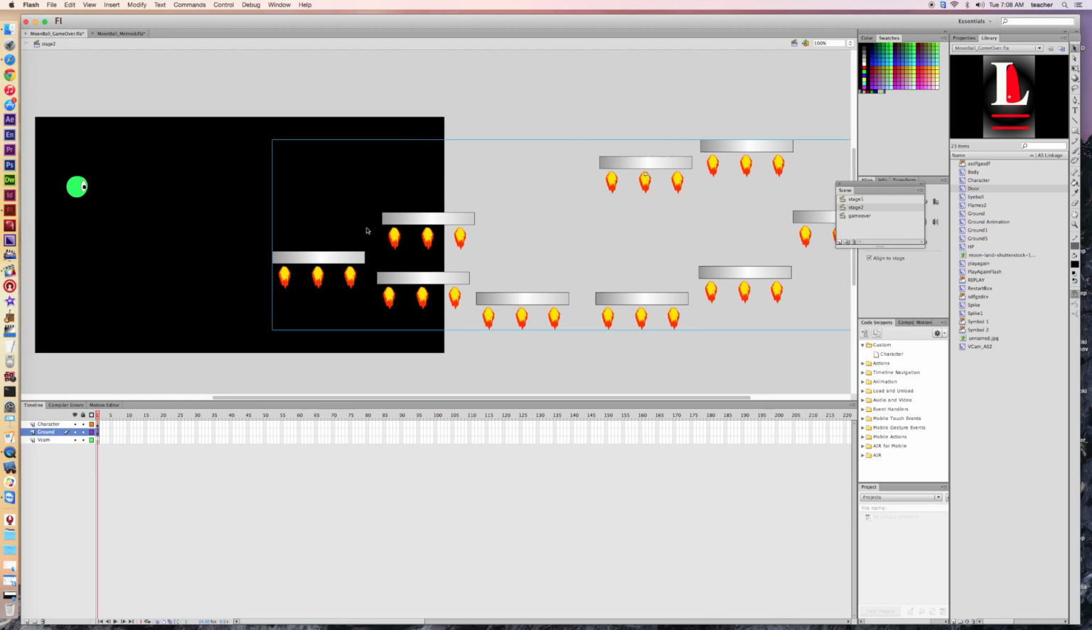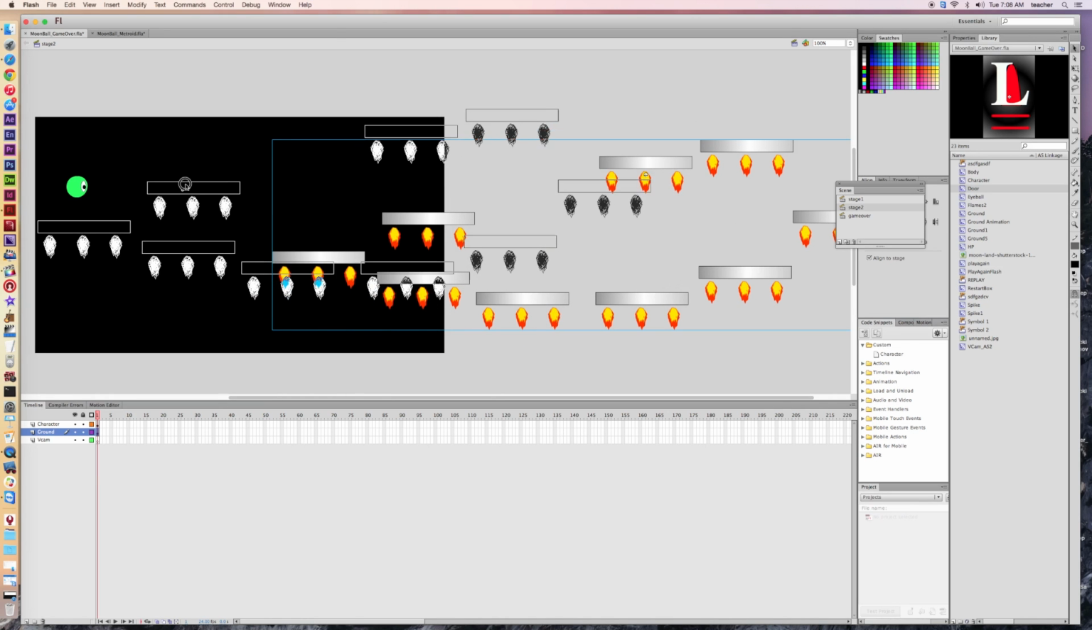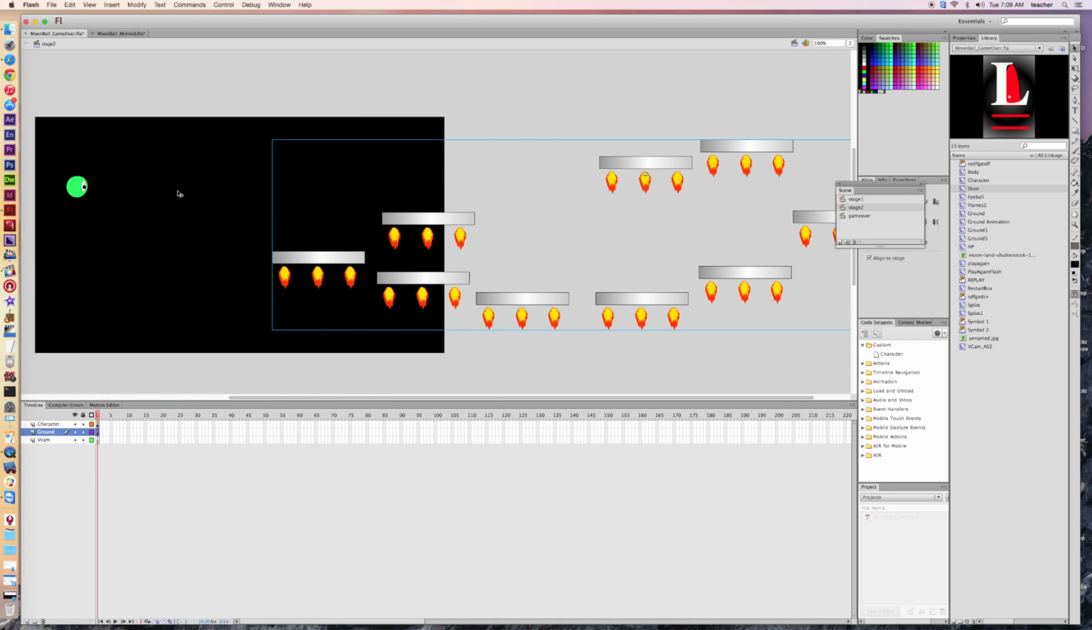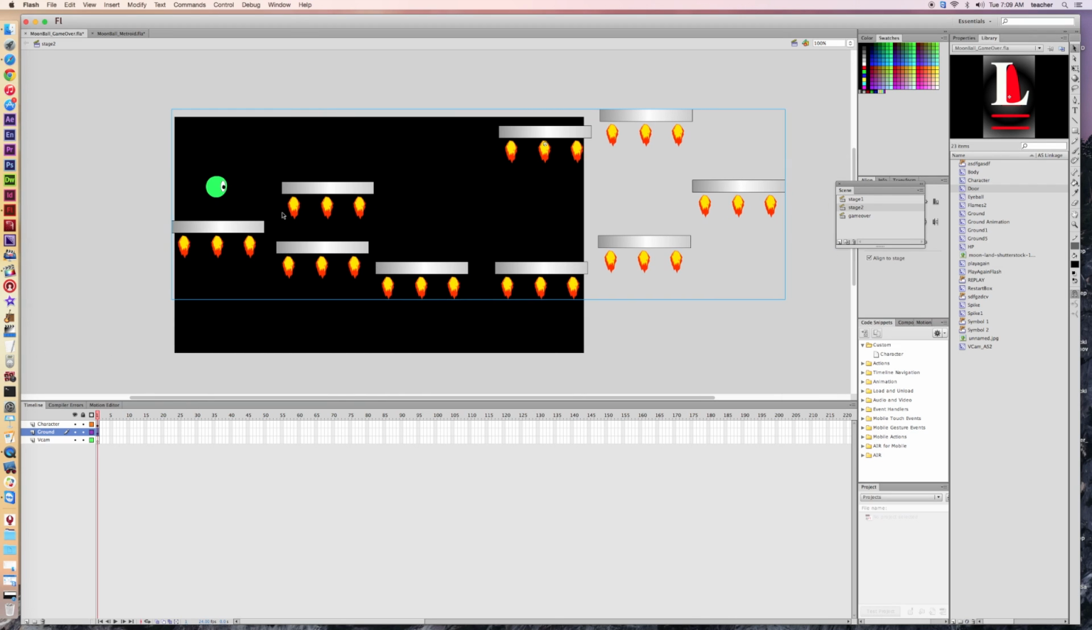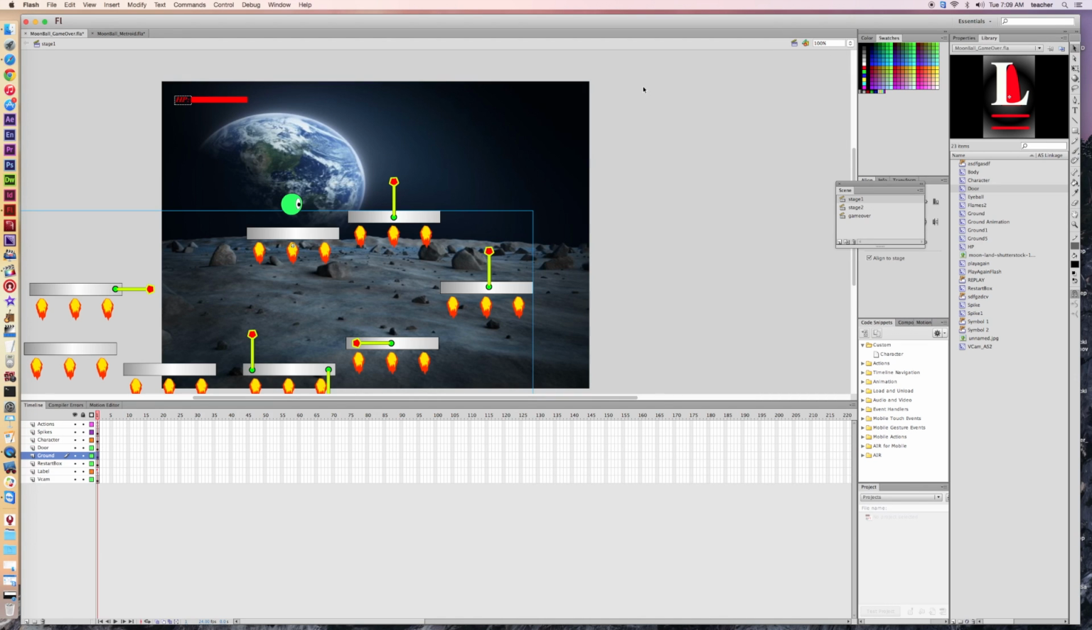Okay, so now I've got my ground layer here. I can go ahead and set that up accordingly. Maybe I want a little bit different starting place this time around. Okay, so now for testing purposes, I'm going to go ahead and switch back to stage 1 here, although I don't have to. I'm going to hit Command Enter,